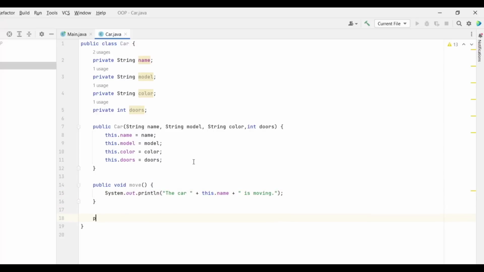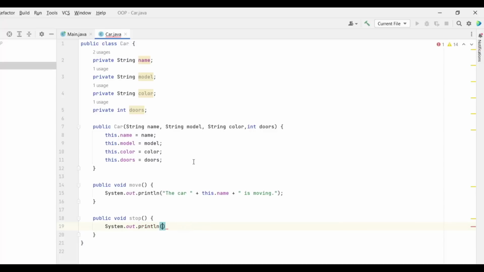Then I'm gonna create another function, public, also void, is gonna not return anything, stop, and this is gonna stop the car, and we're gonna have curly braces, SAUT, and it's gonna say the car has stopped. Let's delete this and type it again.